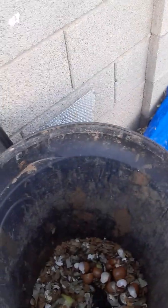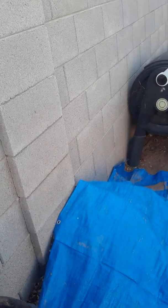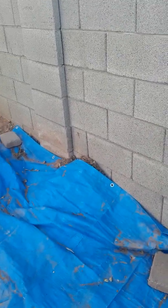This is where I have my composting. Basically I have the chicken manure and the wood chips, and then we have our table scraps, and we're able to break everything down. There's some of the wood scraps there. We also have some leaf mulching going on in there as well, and I turn that frequently. I am continuously adding to this pile,